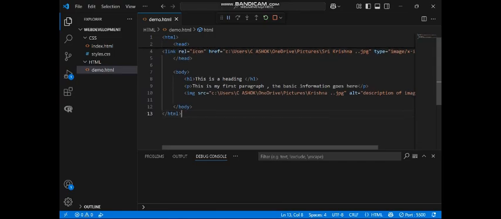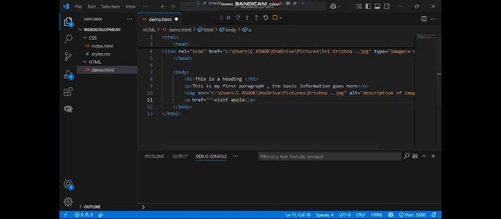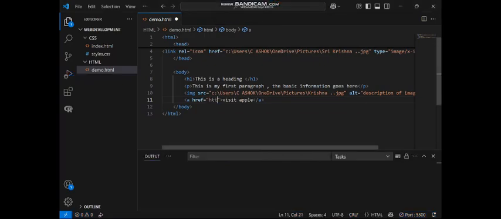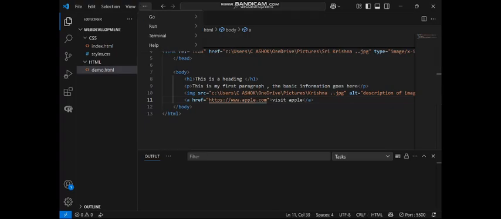So finally, let's add links using the anchor tag. Links help us to navigate to other pages or websites. So here's how to use it. We press A and enter it. If a user wants to visit an Apple website, we can paste the Apple website link over here, or say https://www.apple.com, and if I save it and run it,